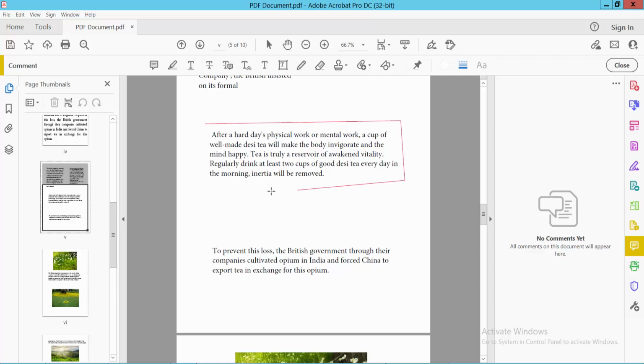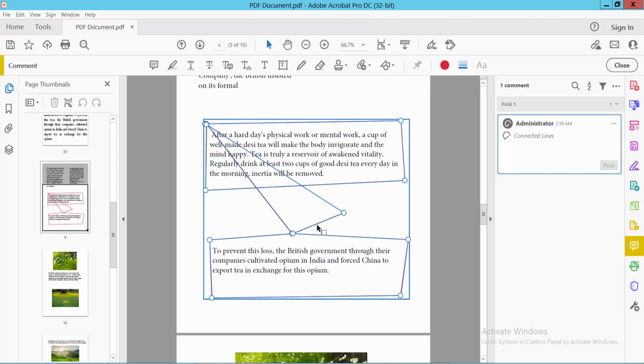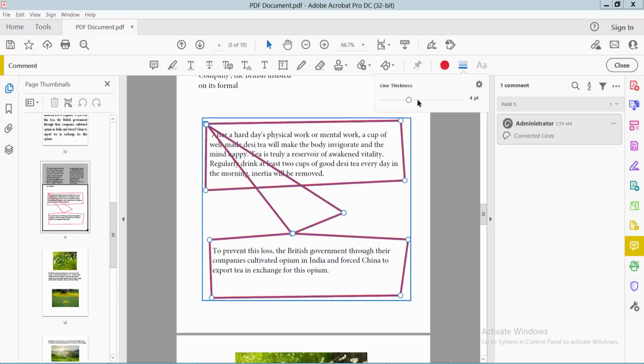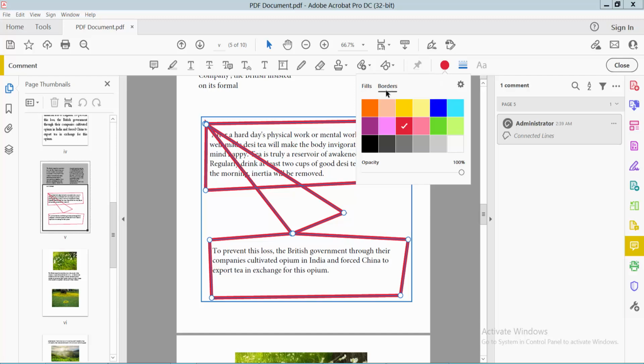This connected line, this one, and also this one, this one, and see this connected line is now created. Here is the border thickness, and you can see the border color here,